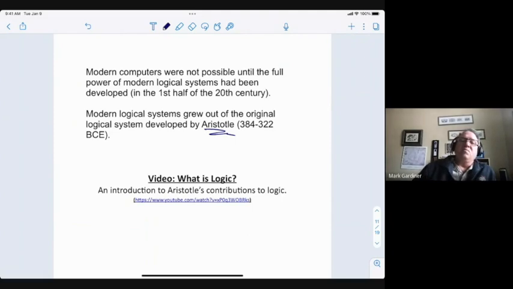And Aristotle was really the first person to systematize logic, to sit down and think about what are the basic concepts, how do they interact with each other, in particular, what is this notion of proof that's so important to logic. And those ideas are still the foundation of logical thinking today, and hence of all of the extensions that come out of it, including modern computer systems.